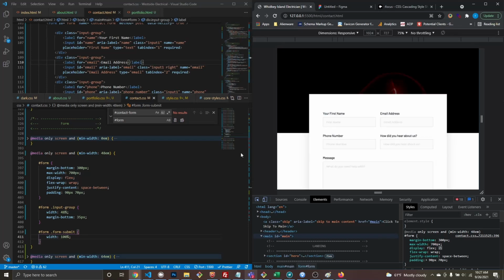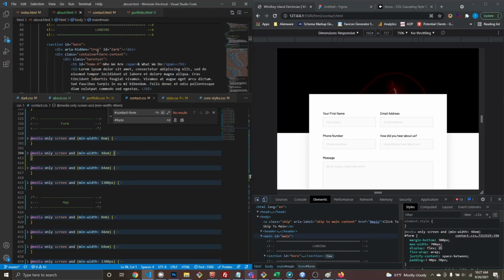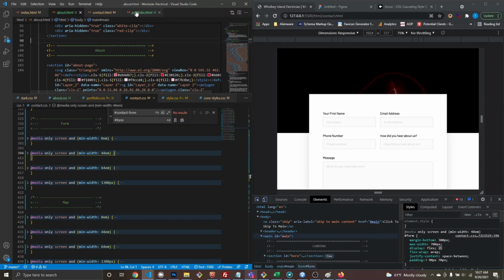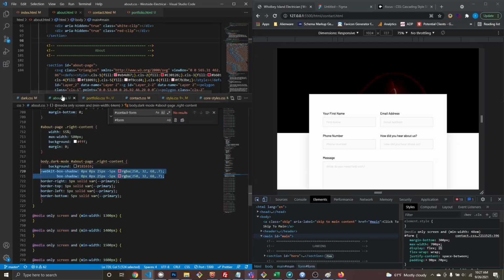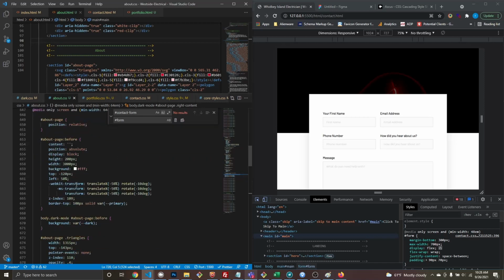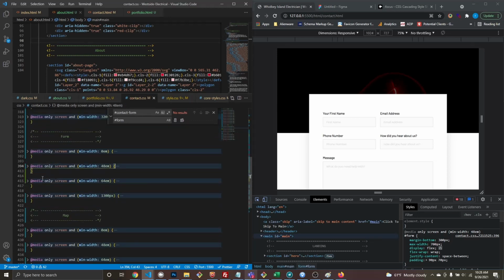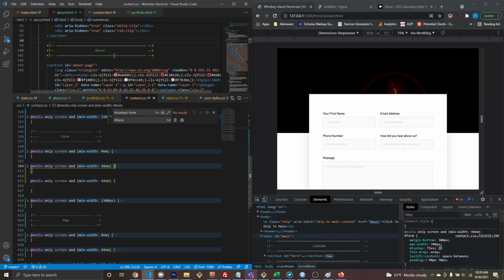It's because I gotta copy it from, it's not hero, so I gotta copy it from about page. 1024. All right, here's the before. Every time. So